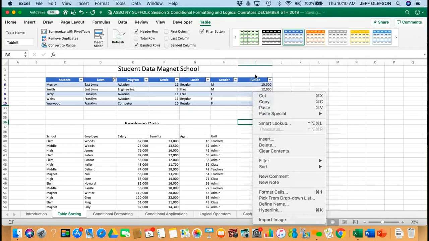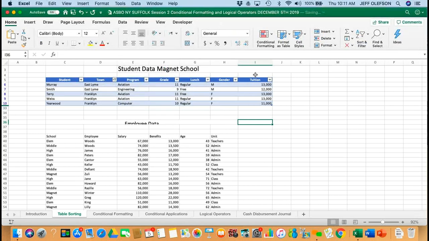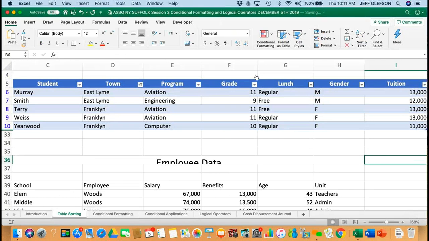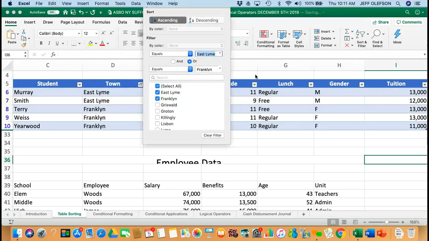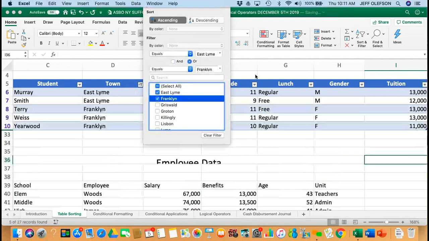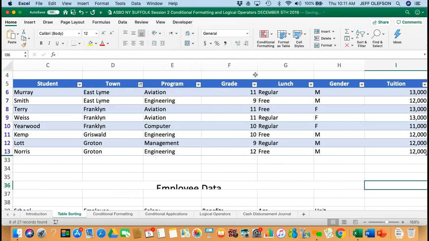Now, of course, if anytime I want to reset that, I can go back to here, and you can tell which ones have a sort. I'll make it a little bigger so you can see. You can tell which ones have a sort, because notice this has the down triangle, and this has, I don't even know what you call that, but it's a different labeling that would show you that it's a sorted group. It's not the whole set. So again, I'm just going to pick a few more just so we have a data set, okay? That makes sense. So now this is these 4 towns,